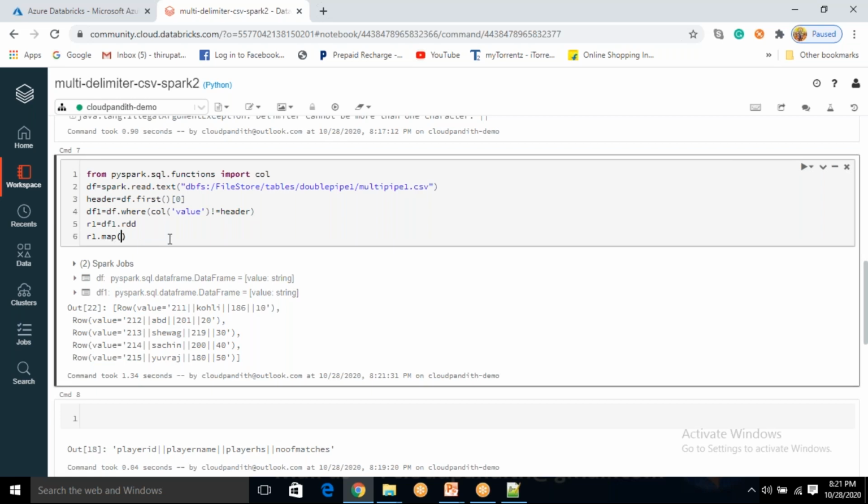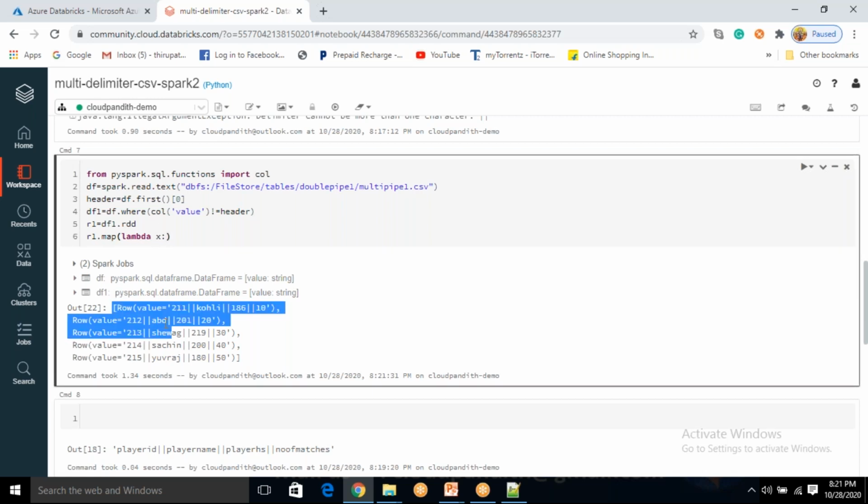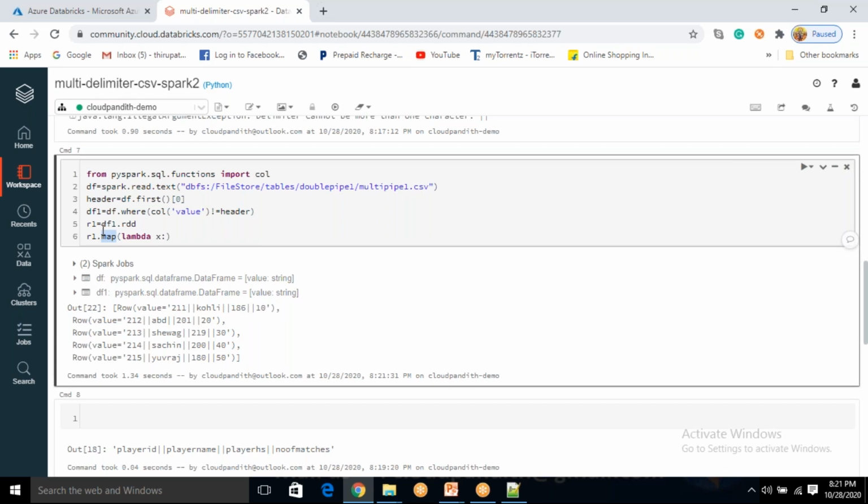Now map is the function which will change your data set. On this data I am using a map function, because I want to change this data set. How do you change it? Lambda of x, meaning this one row will be assigned to x. With that one row, whatever you want to do, you do it.